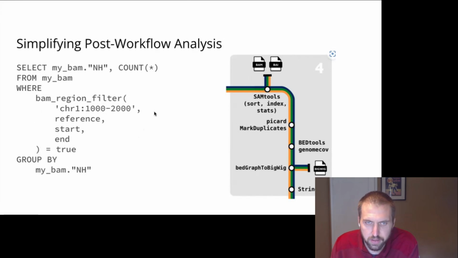If you wanted to do analysis on the edge of this workflow, this is a query you could run in Exon, where you are selecting the number of alignments. That's the NH tag, which you need to know. Then from your BAM file, the actual file on disk, we support predicate pushdown into the index so that you can select only the alignments on chromosome 1 between 1000 and 2000